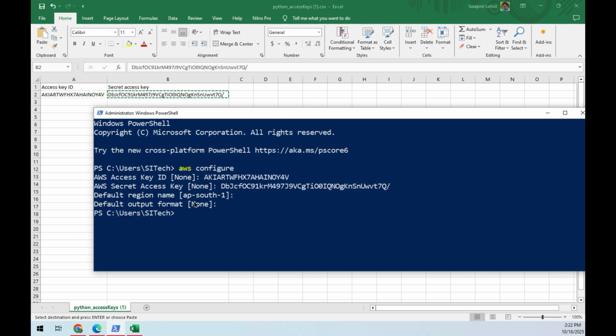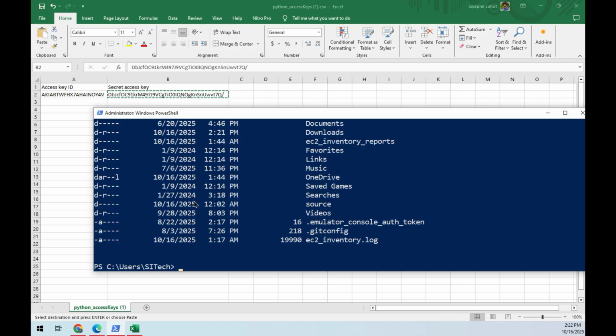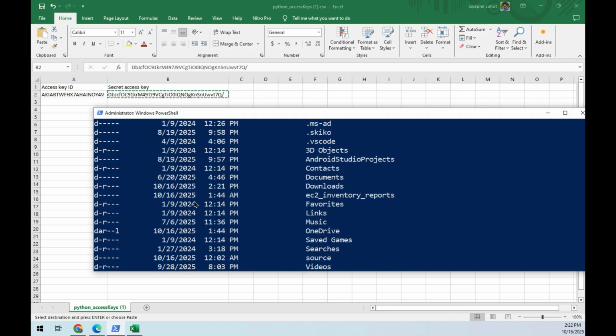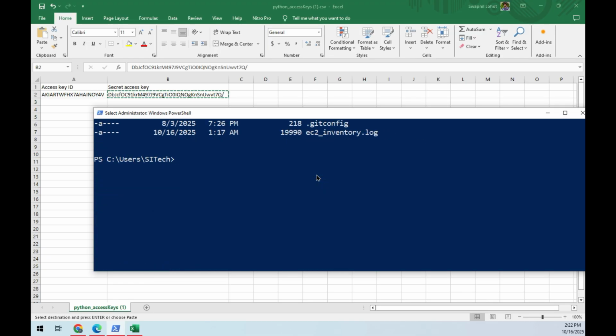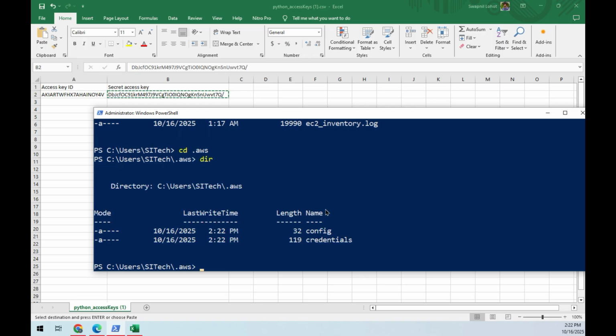So in my user profile, or in your user profile, you can check the same path. You just have to type the dir command. You can also go via File Explorer, no problem at that. And you will see the folder called .aws. Okay, so I'll go there: cd .aws. I'll hit the dir command and you can see here there is a config file and the credential